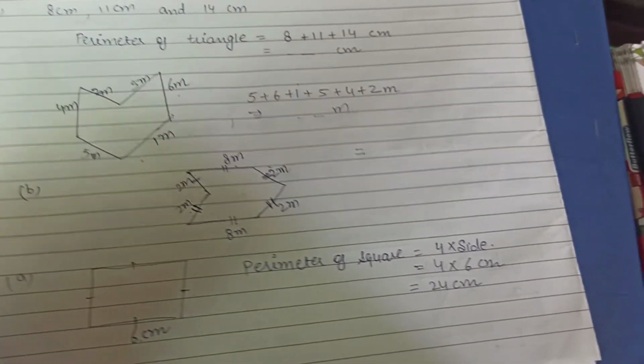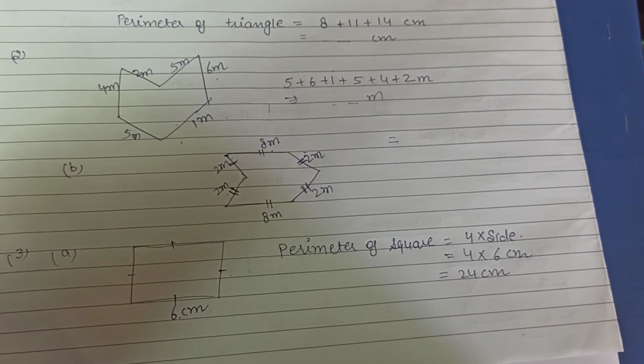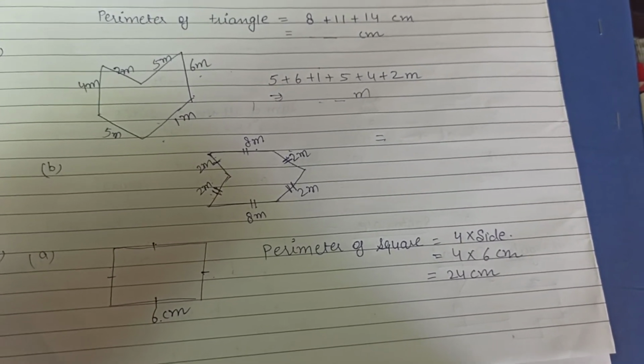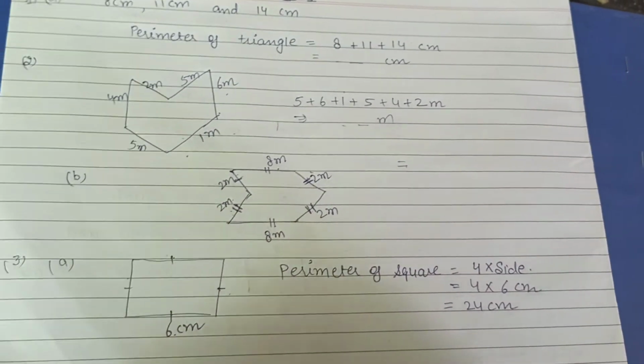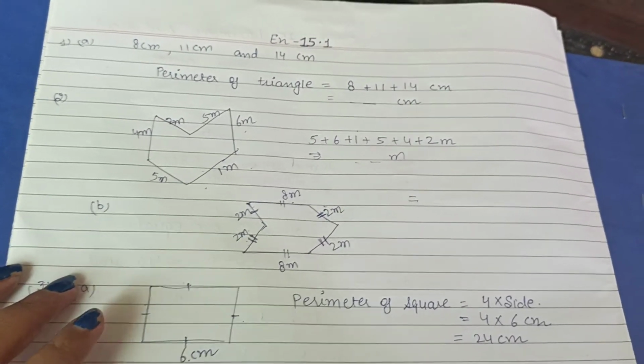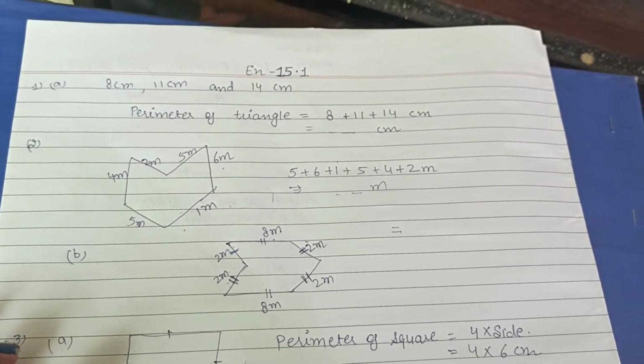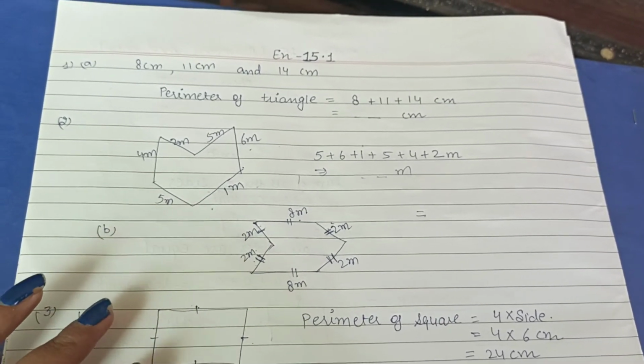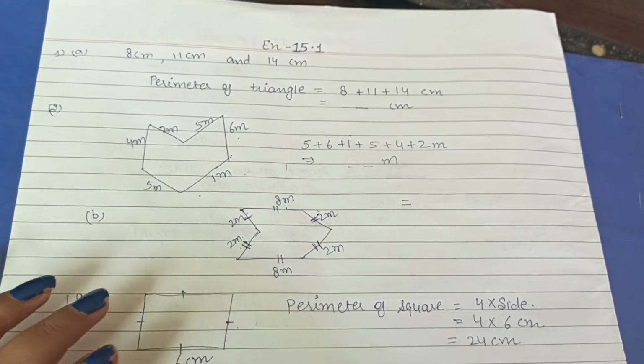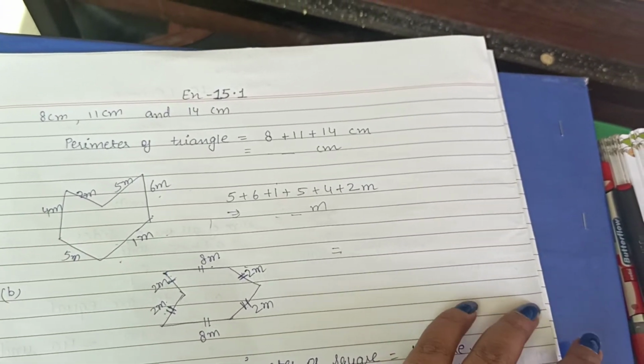Right? B and C parts you will do yourself. One more thing, students, remember in this exercise, when you do these questions whose figures are given, you have to draw these figures in your fair notebook also. This is clear? You have to draw the figure also. Now, after this, come to question number 4. Question number 4 is, side of a square is 125 centimeter. Find the perimeter. And the next part is, give your answer in meters.